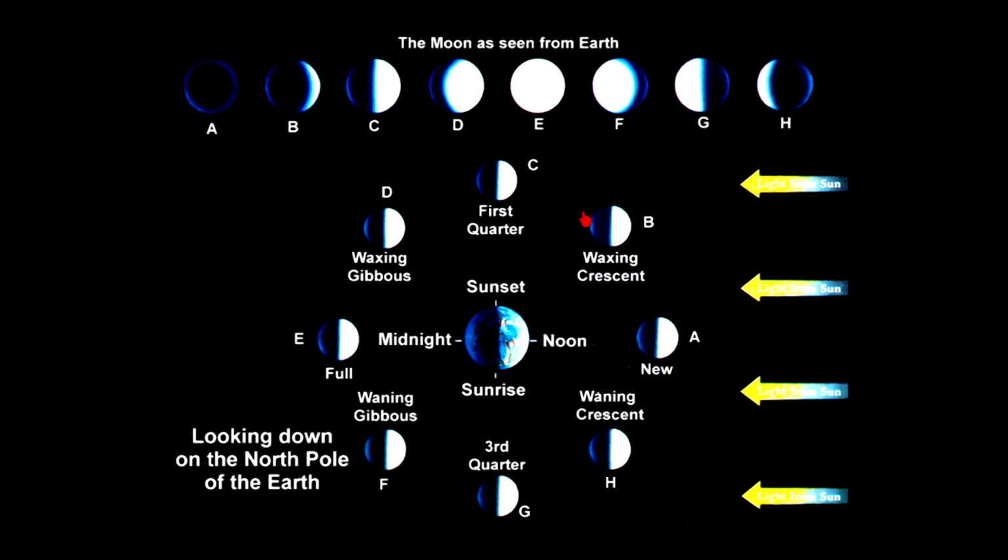So the illumination grows over time, and then the illumination shrinks over time. The moon waxes, and then it wanes. And so each of the names now is in place. So let's go back to why